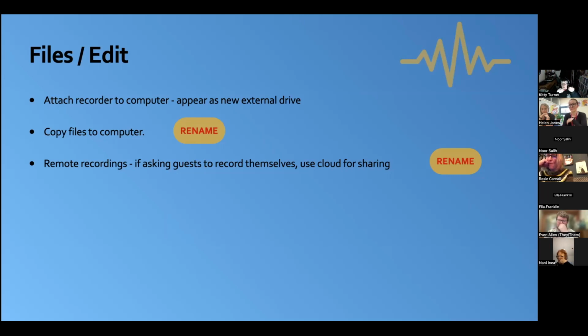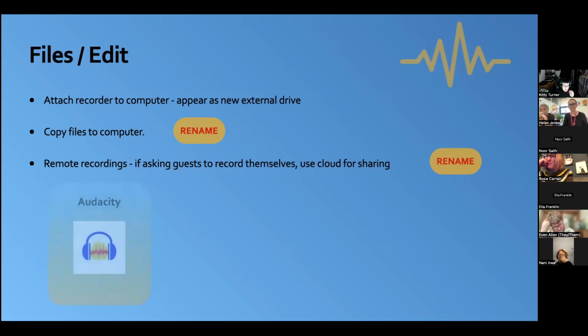So a JPEG is the camera or the computer saying, oh, you don't need that bit, you don't need that bit, you don't need this bit, making it smaller, but crucially, it's deciding what information is there and what's not. And for me, I want all the information, and then I want to decide what we compress, what we change, what we do with it. Okay. And we talked about renaming.